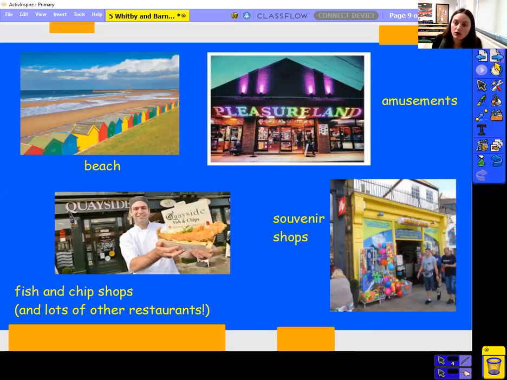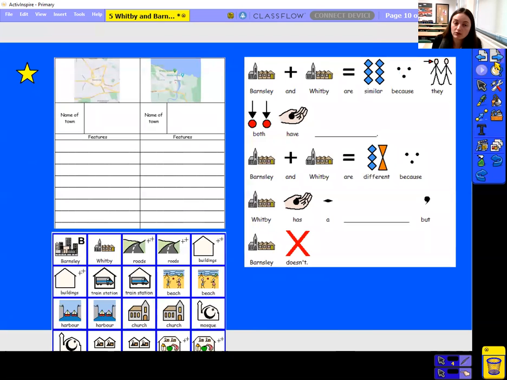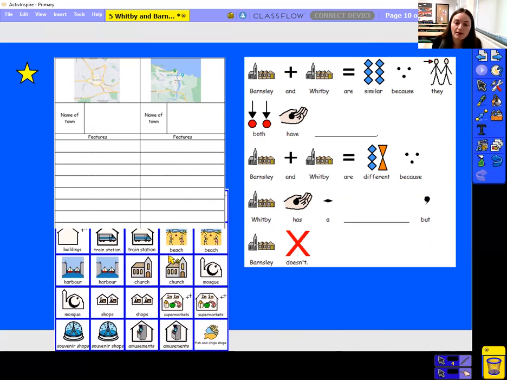Okay, so now that we've talked about those two different towns, I'm going to run through your main activities for today. So, this is the 1-star challenge today. You will find the worksheets on the school website. What I would like you to do is you've got a fact file here for Barnsley and Whitby, and I would like you to use the Communicate in Print